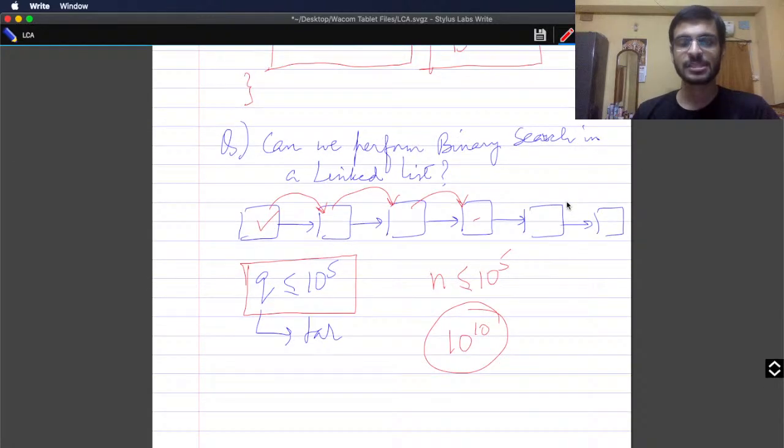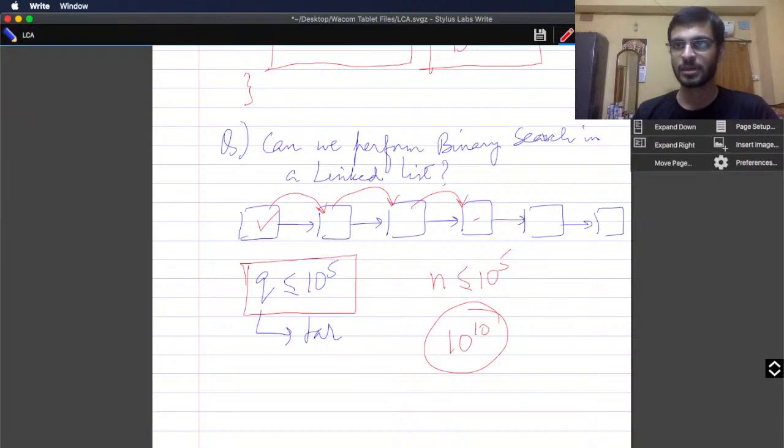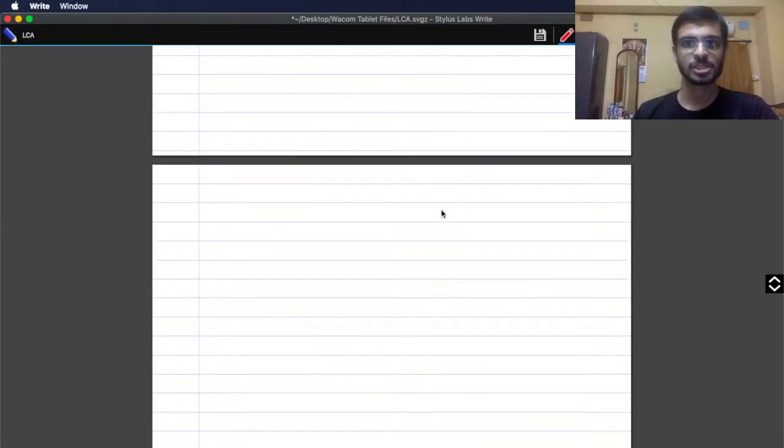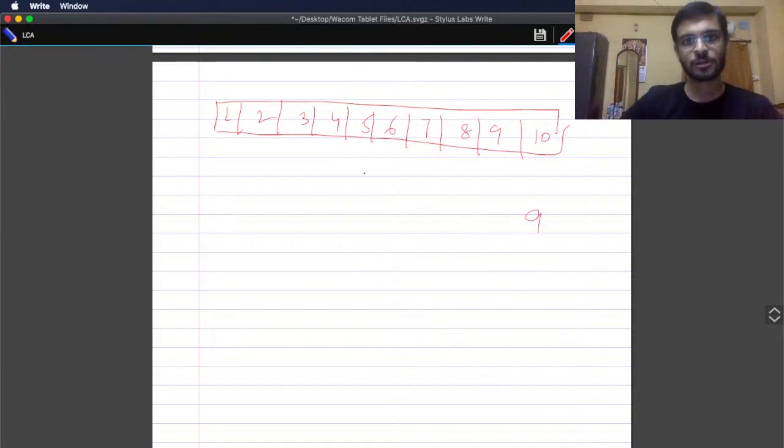So therein comes the second approach of binary search. There is another approach of binary search, and this is how it goes. Suppose again you have got an array, and now you will apply something like this. You have some elements, we can say 1, 2, 3, 4, 5, 6, 7, 8, 9, 10. Suppose you are looking for 9. You can say that for the first time, when I am at the beginning,